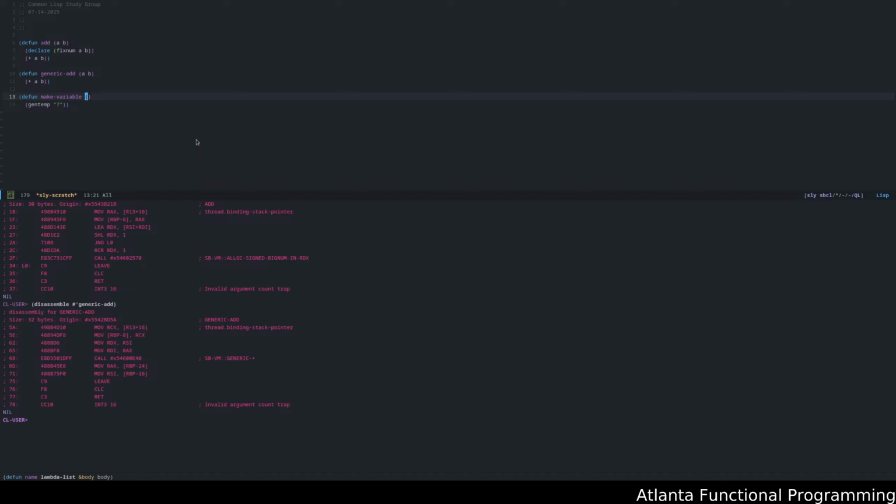We could just do this, do that, and then when we call it, we could do make variable, and then you see that it will automatically generate these variable names right for you. Now, what use would that be? Well, you could then use that